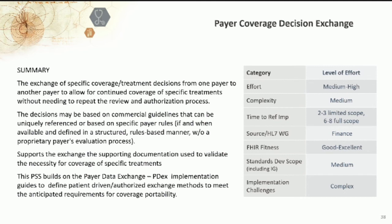So the idea here is, how do we improve this by providing the information from payer A around services that were authorized for the patient and sending it to payer B. And it could be, let's say, if you were on some rheumatoid therapy. We know that payers use certain rule sets, either InterQual or MCG or others, to help them define medical necessity. If payer A used MCG version 1.0.1 of some guideline, and they knew all the input of that data, and then the clinical information that happened after that was authorized,